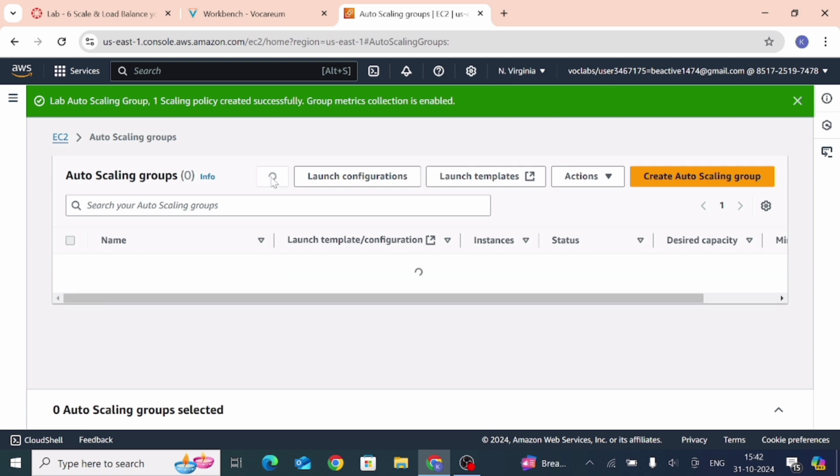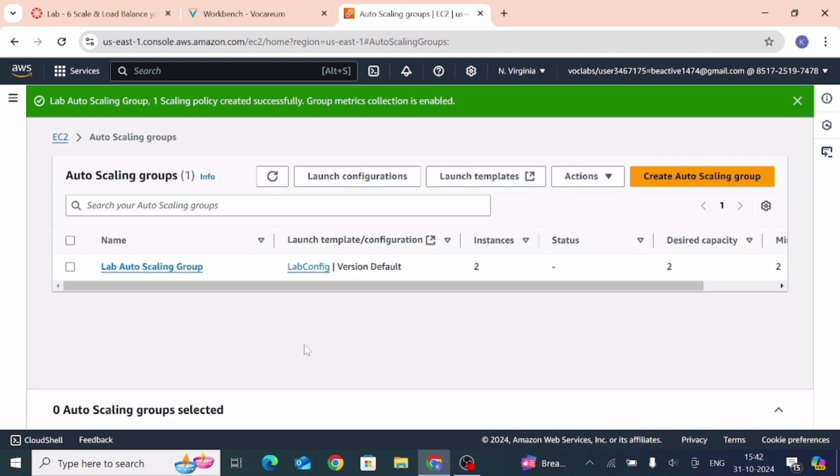So refresh the page. Next, here we completed task number 3. Now task number 4, verify the load balancing is working.